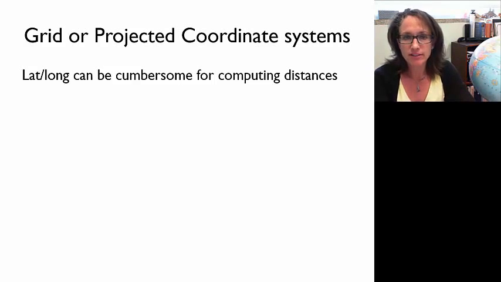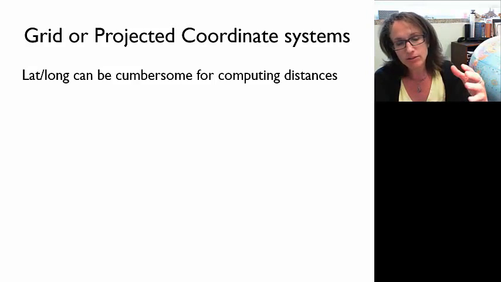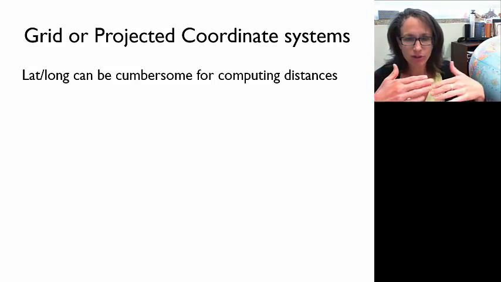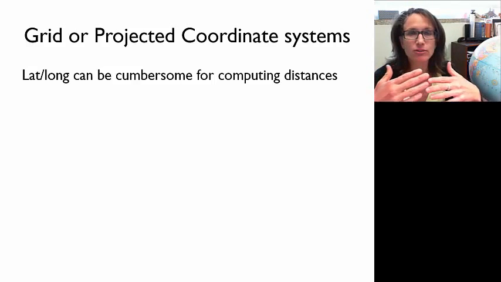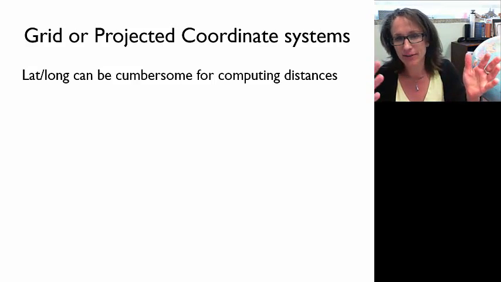Okay, our next cartography topic is moving on to a different kind of coordinate system, which is a lot easier to use than latitude and longitude. So our geographic coordinates, remember, are spherical coordinates, so they're in angles, and they can be really cumbersome for computing distance, and it's hard to visualize, like, oh, it's 2 seconds different, and how far is